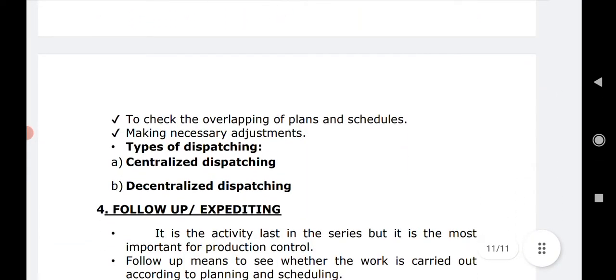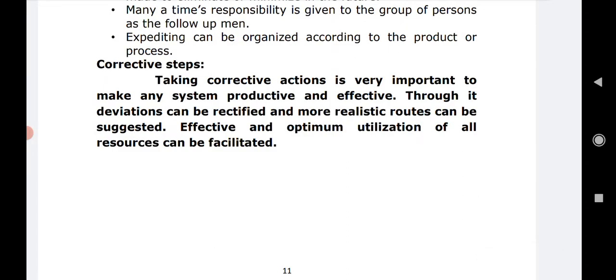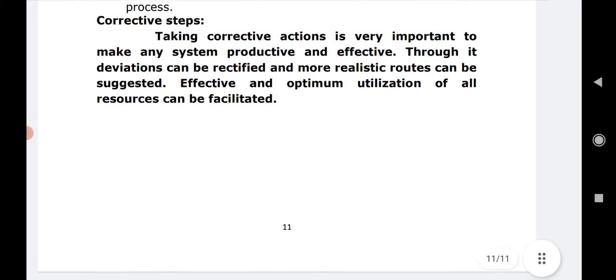After the follow-ups, we see that corrective steps are taken up, and with the due corrective steps, we can have more effective, more rectified, and more realistic routes which we will be following in the future. So here we are finishing with the topic of PPC. We are ending the 4th unit of production and control, planning and production control, right, and we are ending the unit as well as the